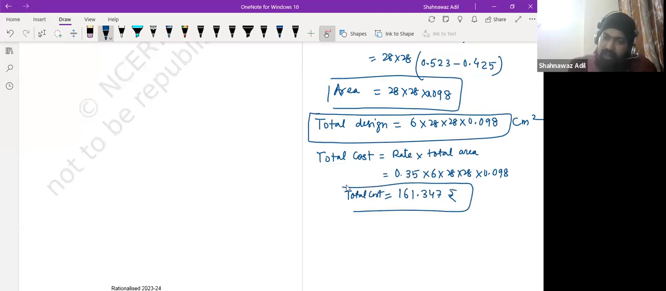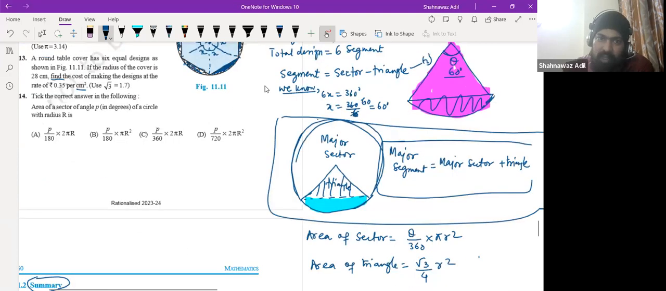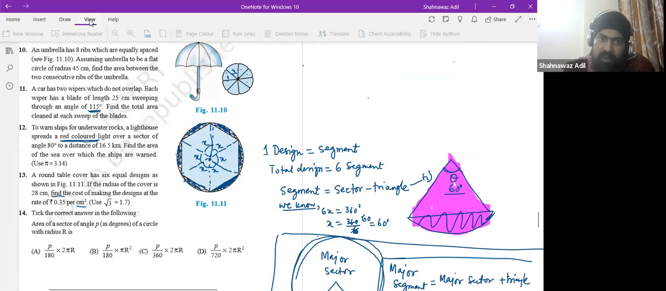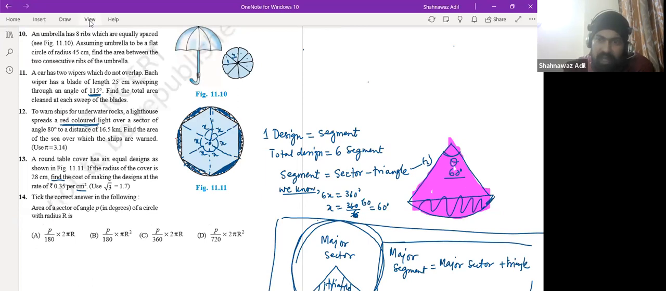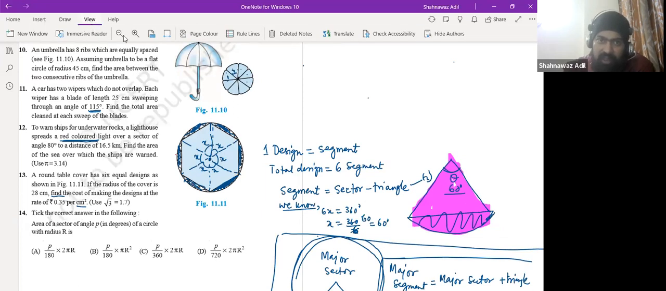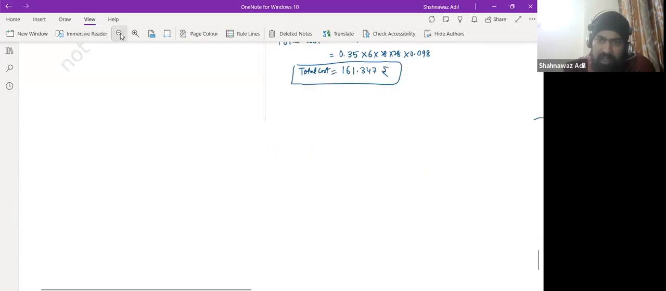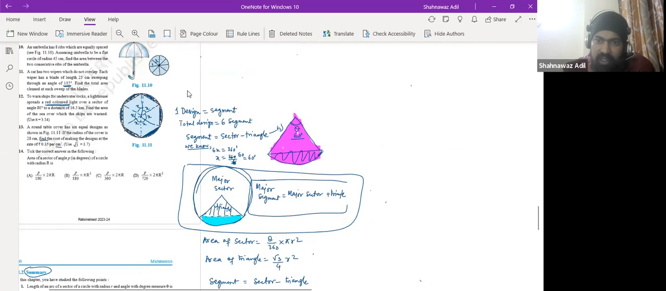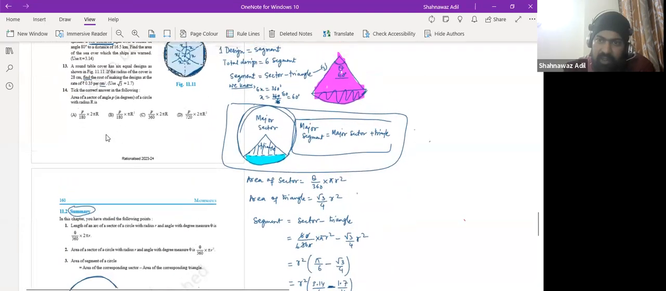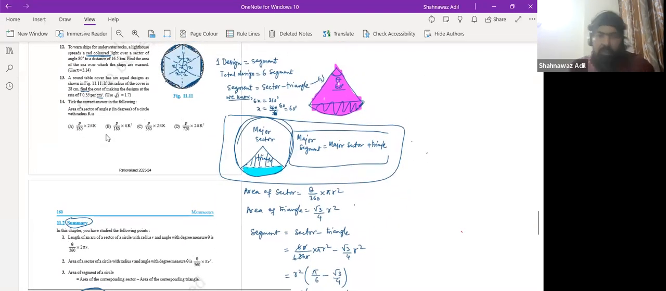Is it clear to you, Rifa? Yes. Then please note it down. So what did we do? We calculated the area of the total design, right? And then we just multiplied it with the per centimeter square cost. Please note it down, and whenever you want me to scroll down the screen, please tell me. And let me check the answer as well, right? So the NCERT answer, and if it is correct,